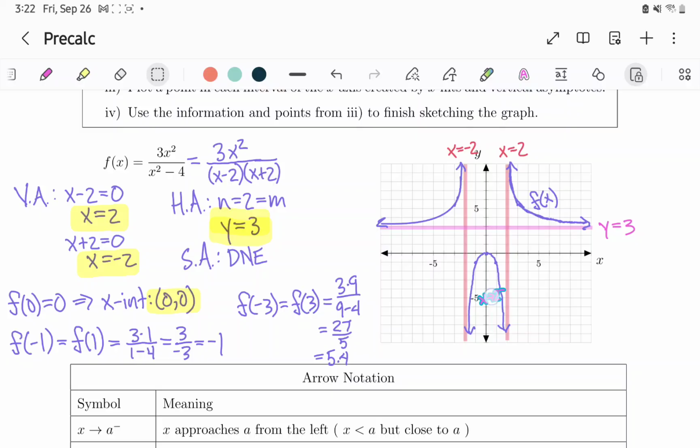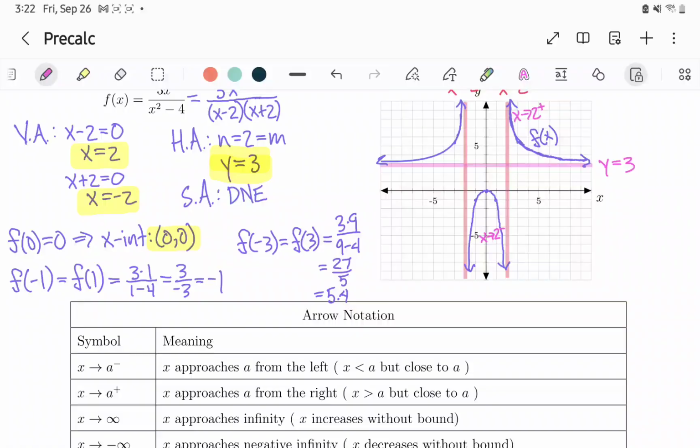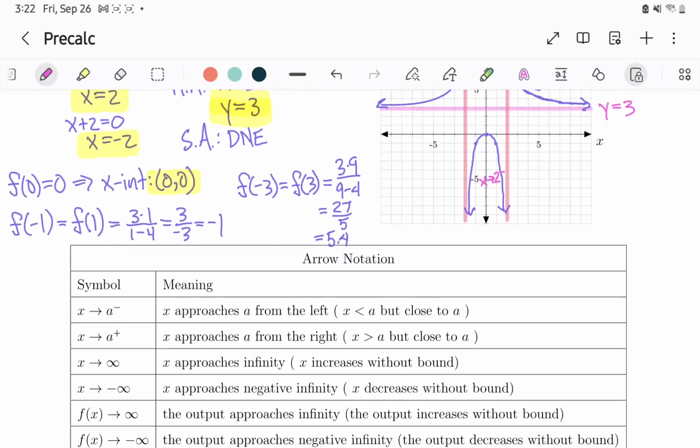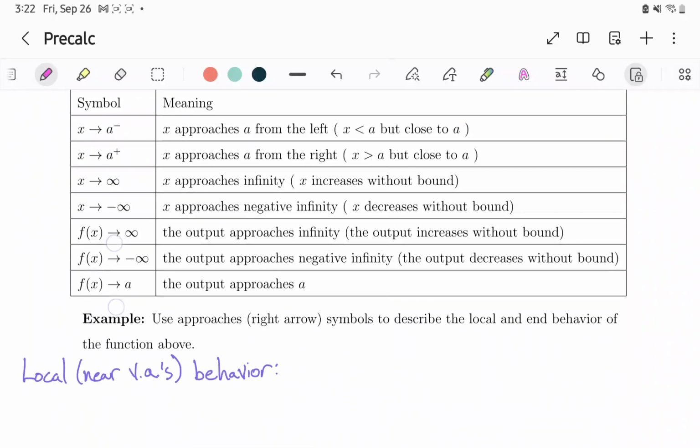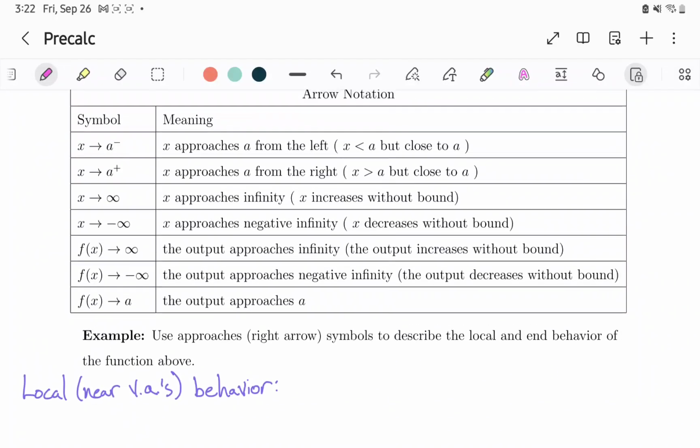We'll put it down by the actual graph. Then over here, this is where x goes to 2 from the right. All right, so